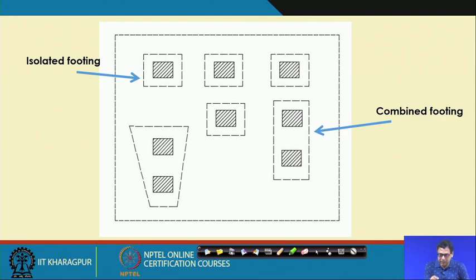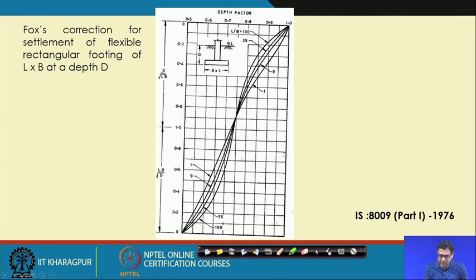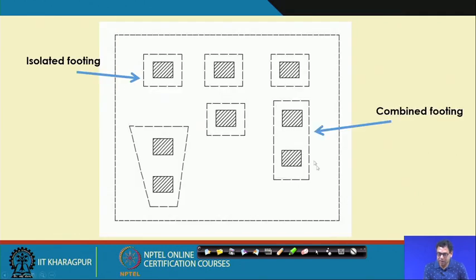So, these are typical columns of a building. So, what is an isolated footing? If I design a foundation for an individual footing, there is a possibility that two footings may overlap. In that case I will go for combined foundations. The combined foundation can be rectangular, or it can be trapezoidal depending upon the requirement, and if I take all the columns in one foundation, then that will be the raft foundation.